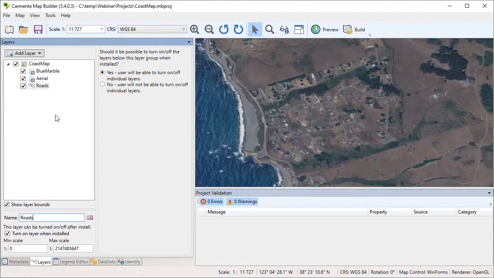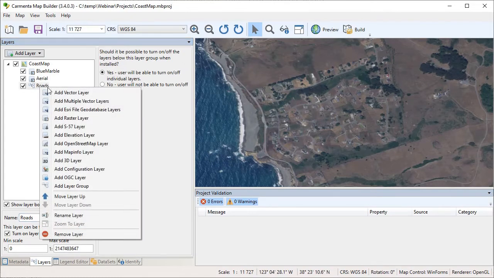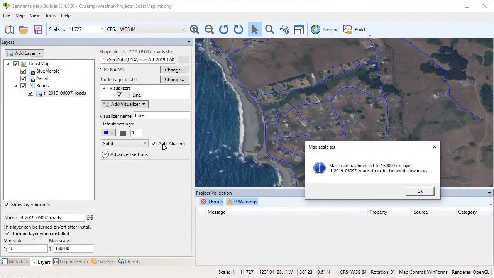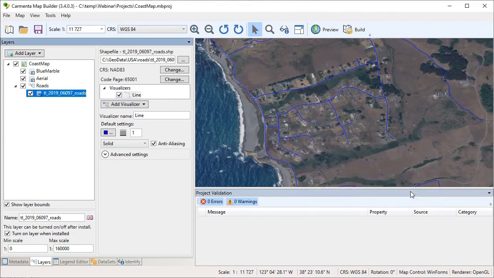But I add a layer group here called roads, and to that group I'll add a vector layer. And I have a shapefile here. We can see that the maximum scale of this layer has been calculated to avoid slow maps. We can change it later if we don't like it, but